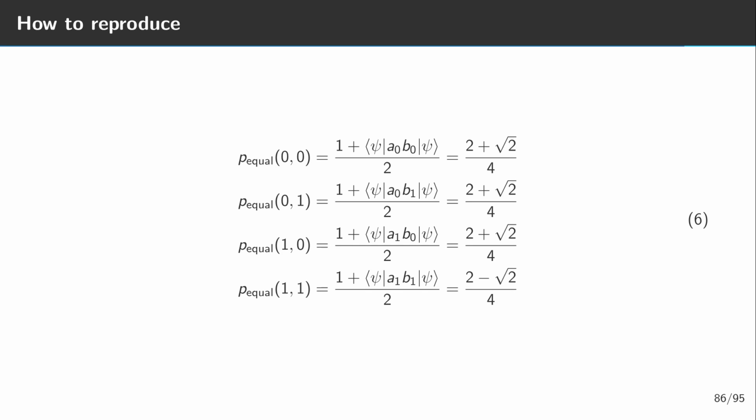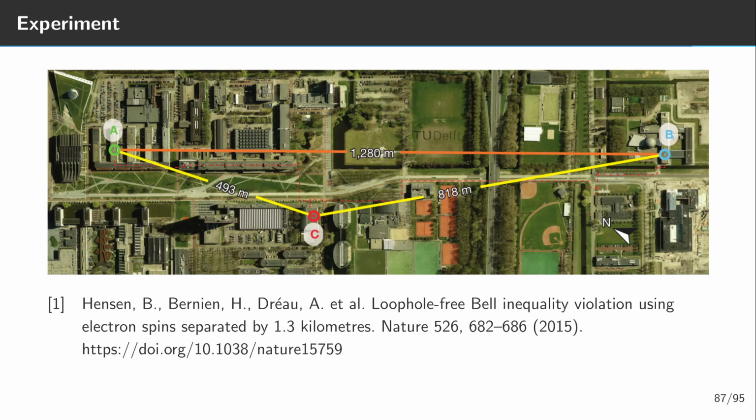Now if we calculate it, we get the probabilities from the impossible table. I don't actually expect you to read this here, but if you want a QM1 exercise, take the last slide and see if you can reproduce those results. Now, this actually has been experimentally verified. The choice of QA and QB was randomly generated. The distance between Alice and Bob was 1280 meters, which, if you divide it by the speed of light, is larger than the time difference between the random generation and the measurement. So this experiment is free from any loopholes that might allow communication.